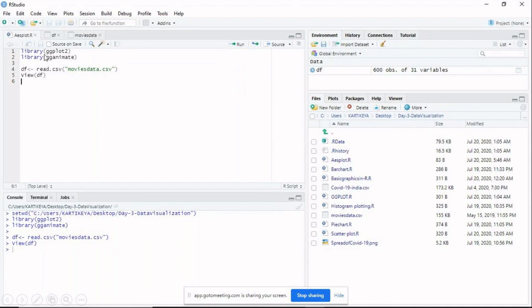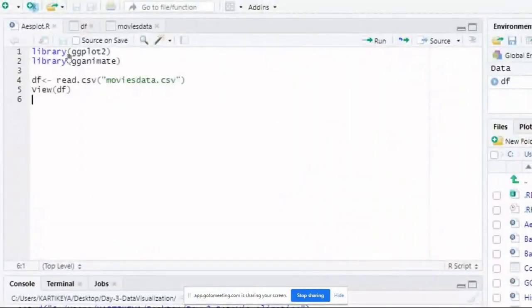Library ggplot2, I am zooming in, and I am calling another package, gganimate. This gganimate is useful if I want to create animated plots. Suppose we want to store a GIF animated plot, then we can generate it by using gganimate.